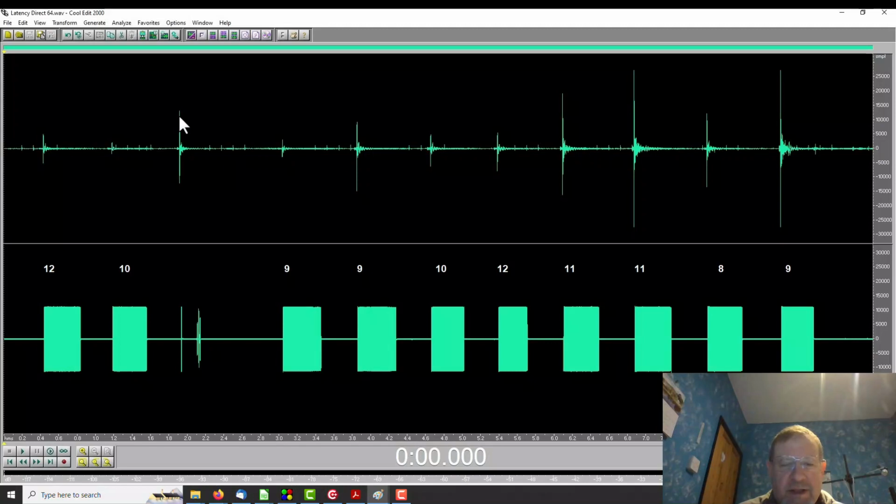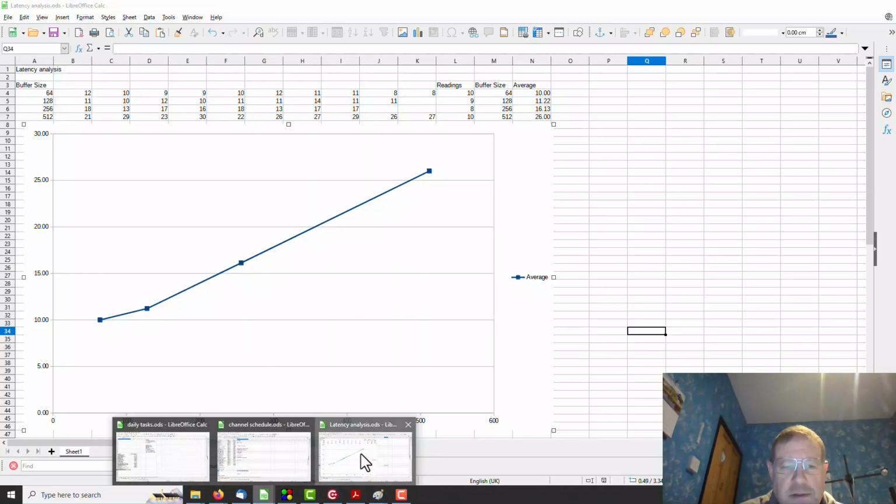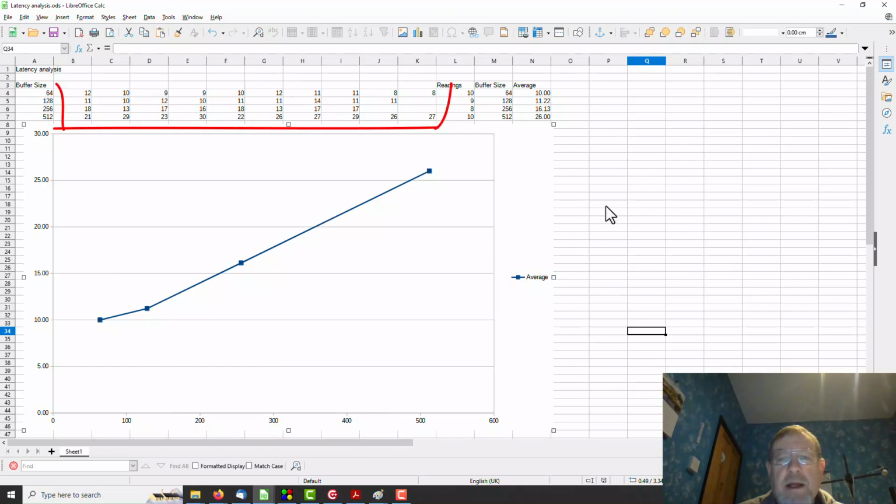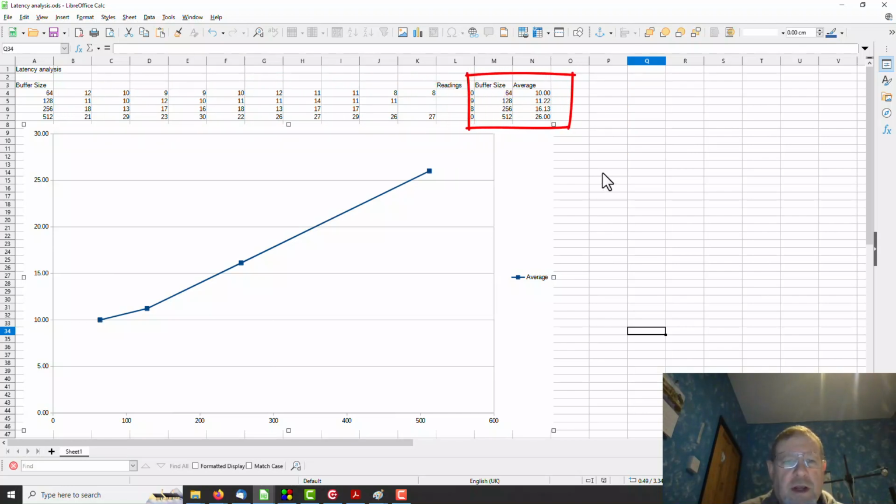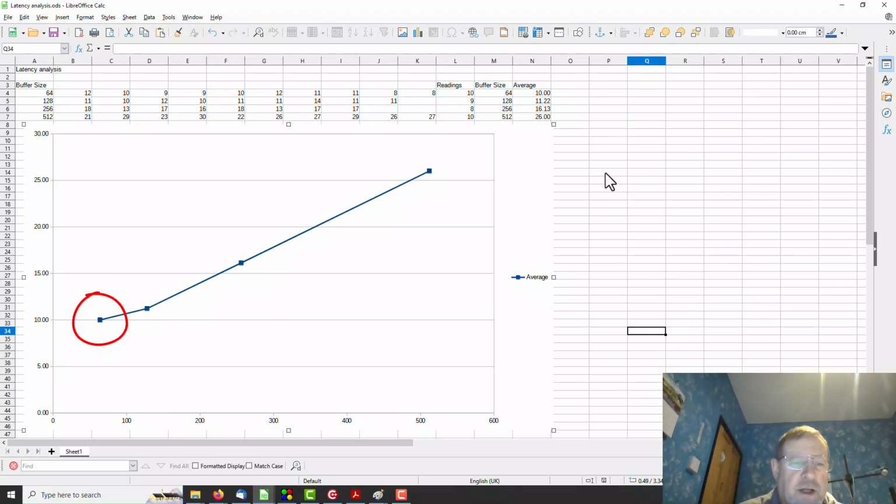So I thought, well, we've got some numbers. I guess the physicist in me thought, oh well, we'll put them together and make a graph. So here we have a graph. I've simply put the readings in, taken an average, and then plotted it against buffer size. And you see it's actually a straight line, which is what we would expect, apart from the 64 reading. Don't know why that is. It should be, I guess, one lower, should be 8 or 9, but who knows. And if we follow that line down to no buffer, we would get 6 milliseconds